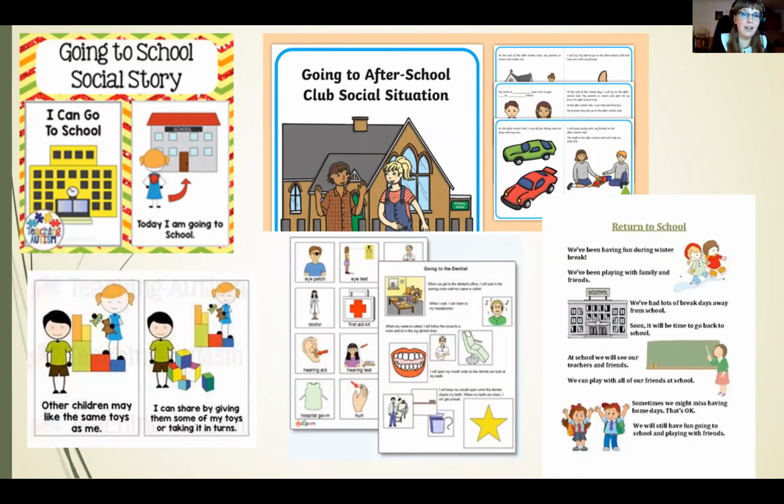So if you have a child that's not yet at reading level, you can make it all pictures and you can talk through it with your child. These are really useful when you're planning for an event like going to a new place, the doctor, the dentist, going to get my new shoes or my haircut, or maybe a situation. So, going to after school or playing with my friends, what is nice playing, what's not nice playing, and things like that. So you can make these individualized to your child